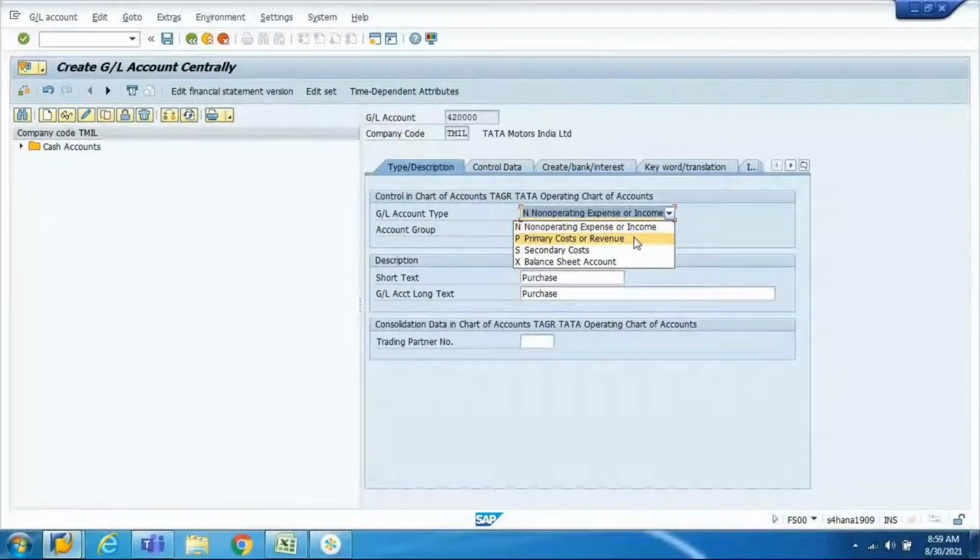So cost elements in S4 HANA are now created as part of FS00 GL creation. No more separate master data for cost elements in CO. Whether it is an FI related cost element or a pure CO related cost element, it has to be part of your chart of accounts.